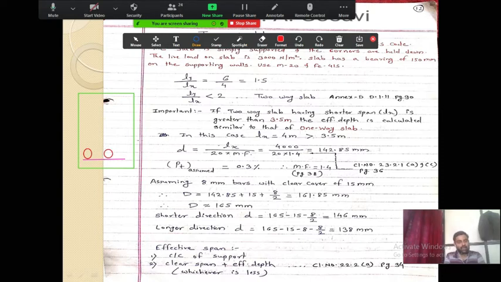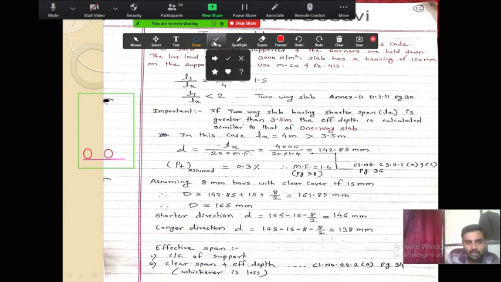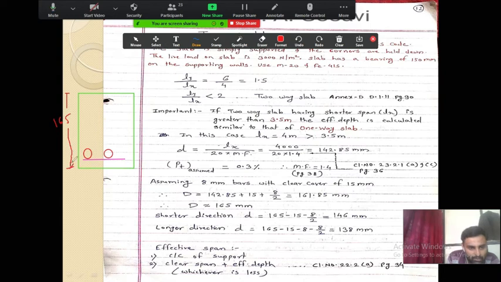Now see how the calculation will be done. How to calculate now? If you see over here, this total depth is 165. This total depth is 165. So the line is not a straight line, but you understand. And here the clear cover from this point to this point, how much is your clear cover? It is 50. Okay, so this is your bar in x direction.